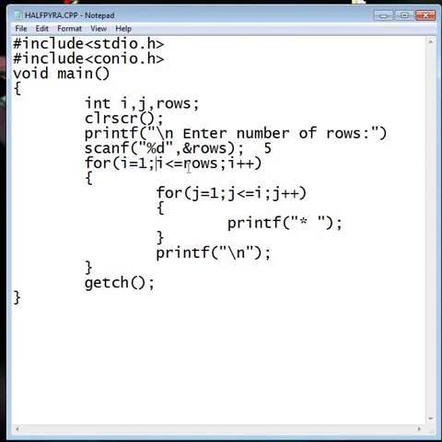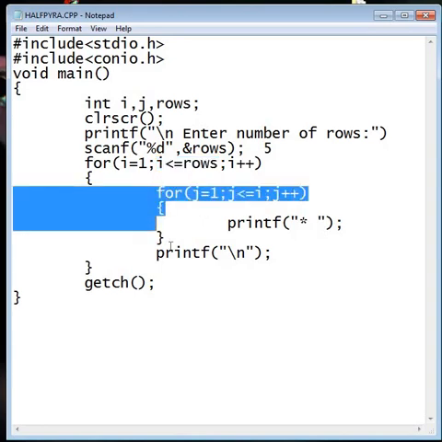Check the condition first: the value of I is less than or equal to row, because the value of I is 1 and the value of row is 5. So it satisfies the condition and enters the body of the loop.